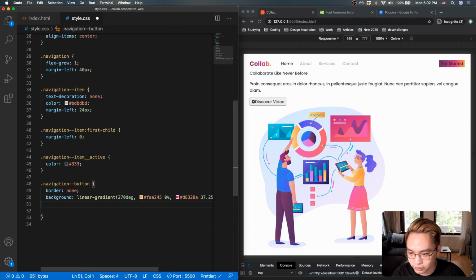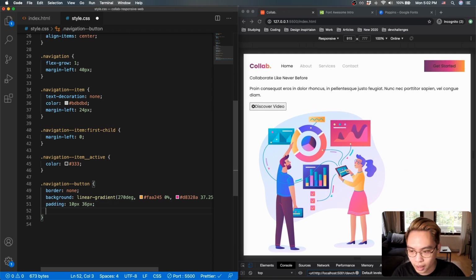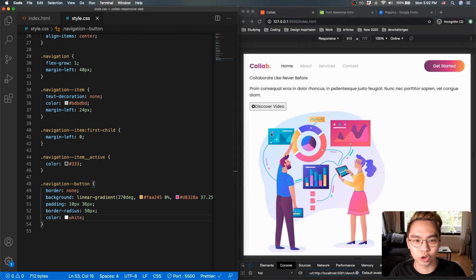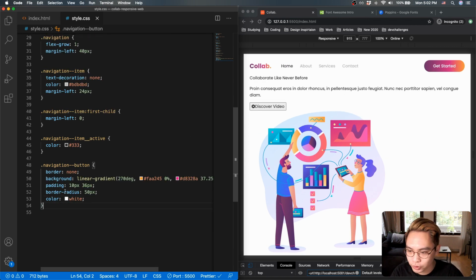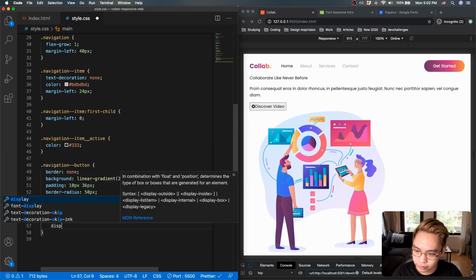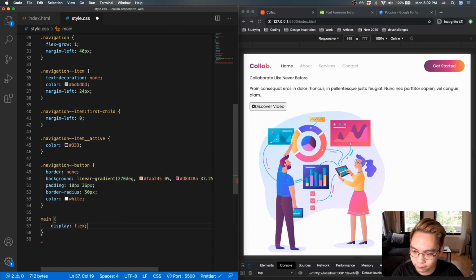Let's also give it some padding. So let's say padding 10 pixel and 36 pixel, and border radius to be 50 pixel, and color is going to be white. Right, looks great. And let's move on to our main. In the main, I'm going to use flex as well. So display flex,